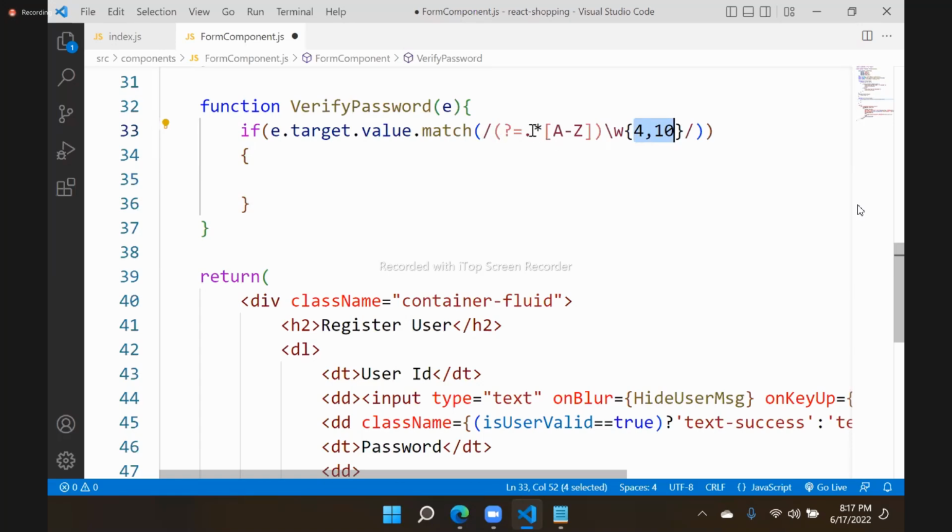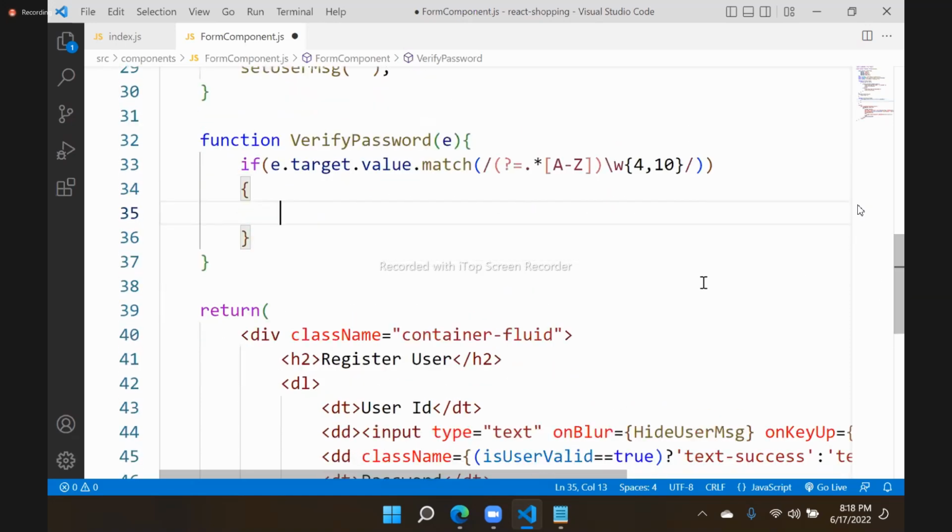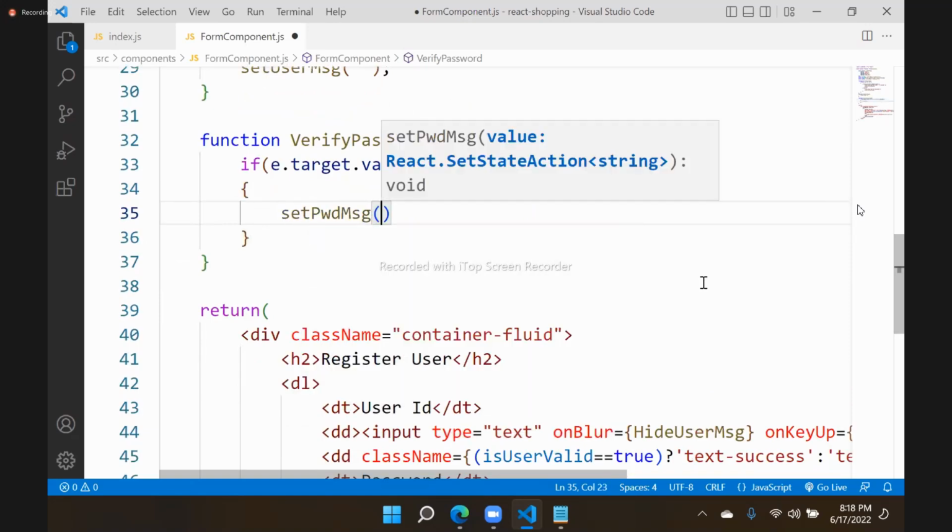And the expression before it indicates that it must have at least one uppercase letter. One uppercase letter is compulsory. If this regular expression is matching, then what should happen? We will set the password message as strong